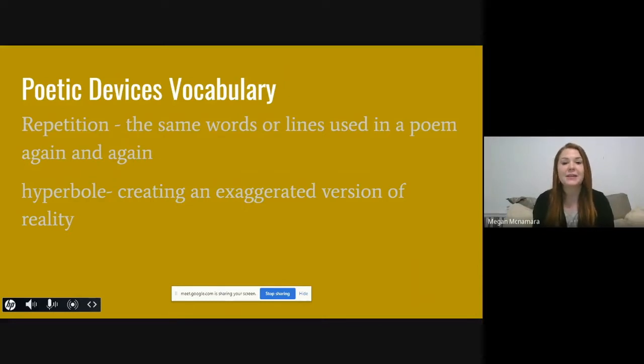To exaggerate is to make something seem maybe bigger than what it really is, making it seem worse than it really is. Sometimes we tell exaggerated stories to make them sound more exciting. An example would be maybe you went and caught a fish and it was really this big, but when you got home and told the story, you said it was this big. So you exaggerated it. You made an exaggerated version of reality. So in our poem today, we'll have examples of both of those and we will look for those as we read today. So go ahead and pause the video and add those to your chart.